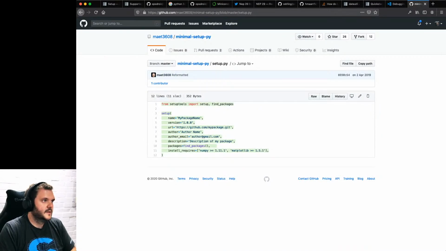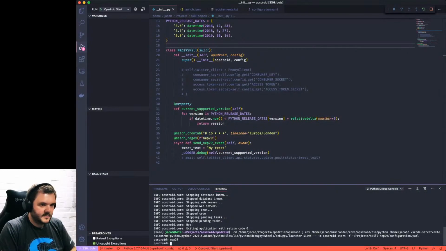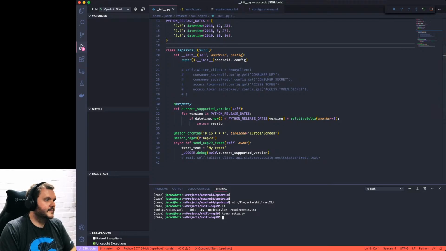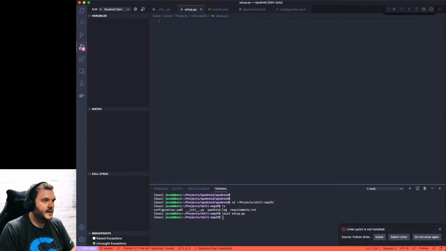That's what I want. In the, where am I? Skill NEP29. Let's touch setup.py and let's open it. Yeah, right, let's put this in.